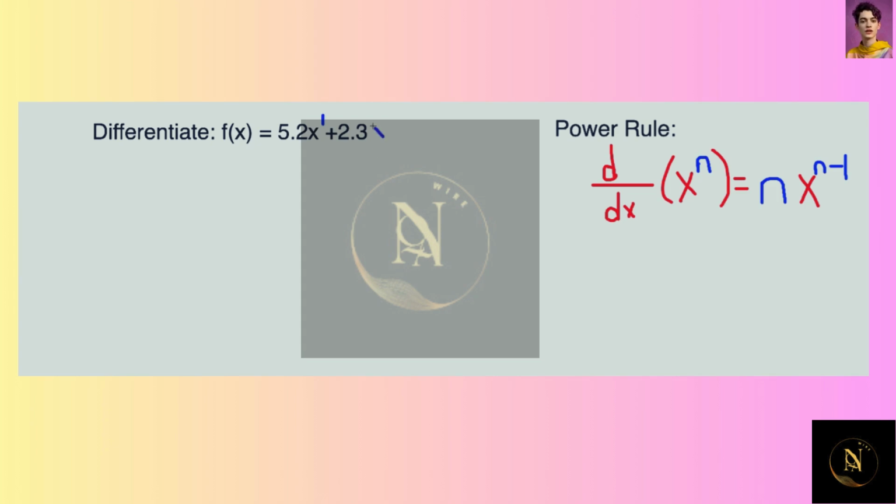And then plus 2.3 times x to the 0, right? Anything to the 0 power is 1, and so we can consider this to be x to the 0. So applying the power rule, we say, okay, so we have